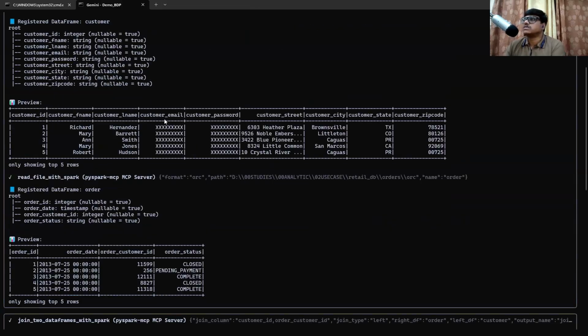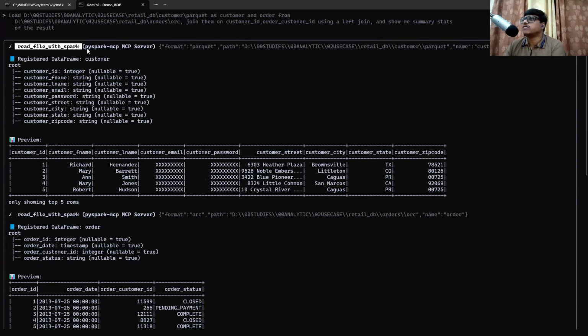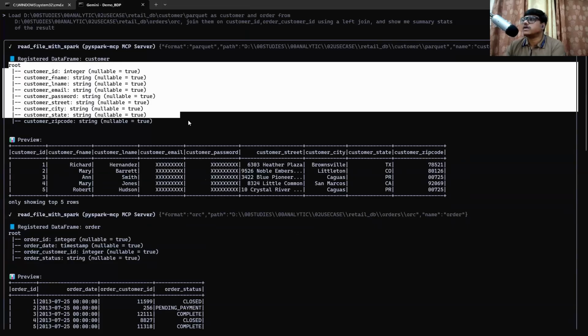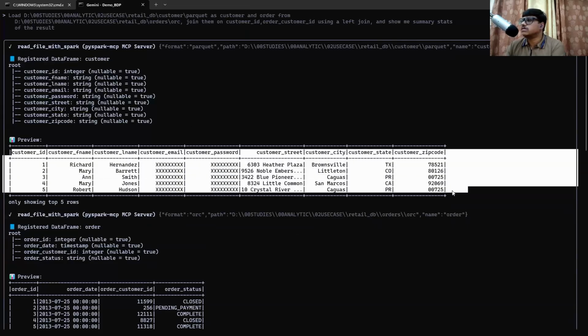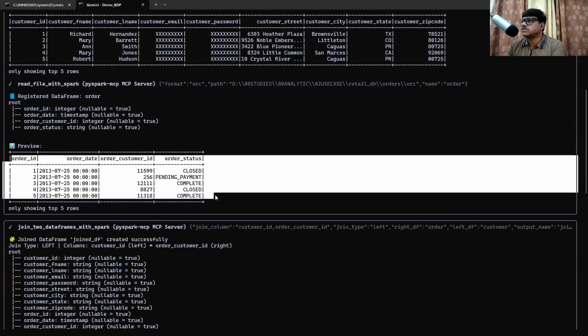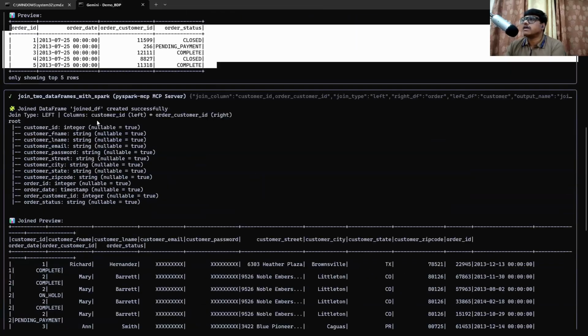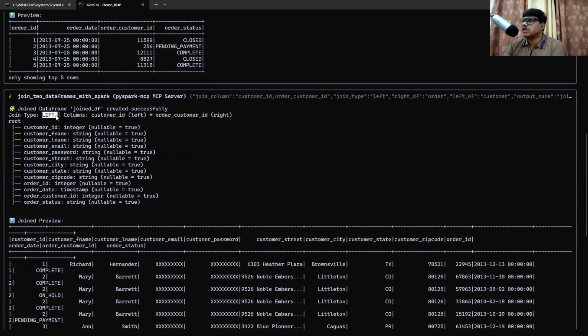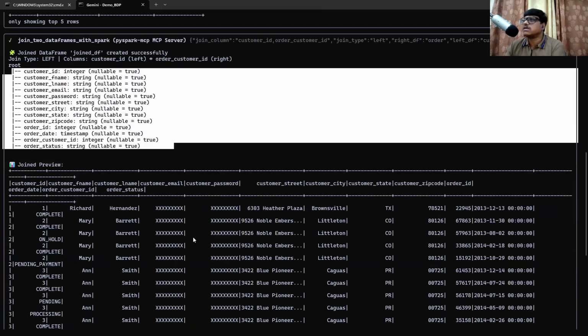You can see the schema information. It's trying to read the file from the path, and this is the customer data set sample output. This is the schema sample for the order data set. Finally, it requests to join both of them with the left join, and it provides the joining references schema for us.